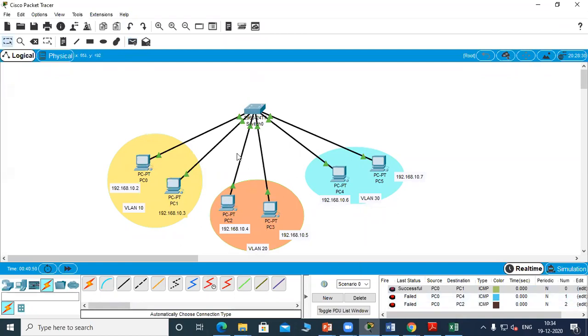See, again it fails because we have restricted the access. So you can see within the VLAN it is possible, across the VLAN it is not possible. So PC2 to PC4, from VLAN 20 to VLAN 30, it is not possible.